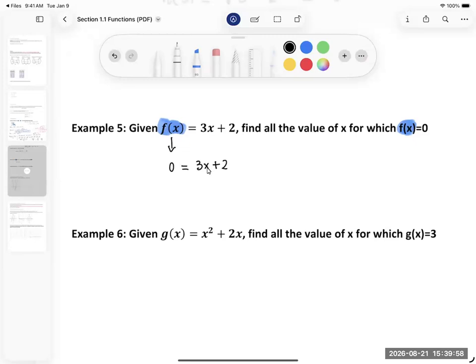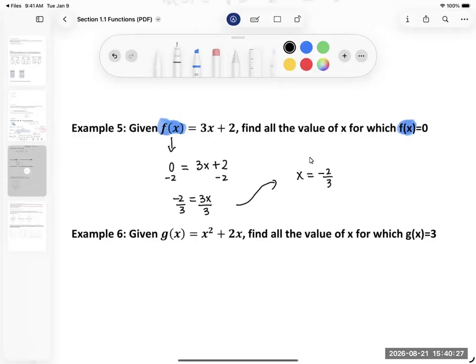So how do we isolate for x? We need the x by itself. So we're going to have to go backward of PEMDAS. We're going to have to do subtraction and addition first, and then dividing and multiplying. So we're going to subtract 2 on both sides, and I have 3x equals negative 2. Then we're going to divide by 3 on both sides, and that gives you x equals negative 2